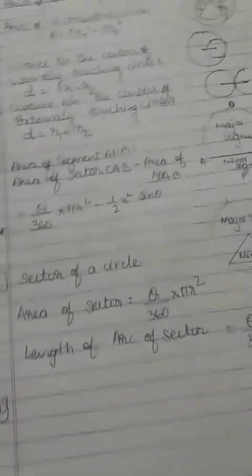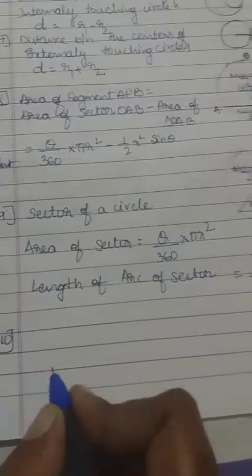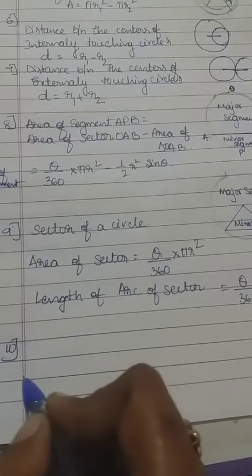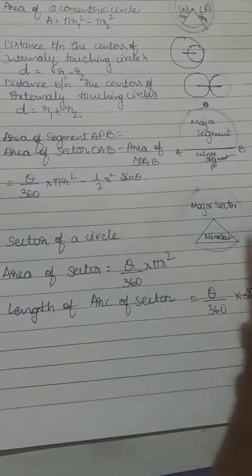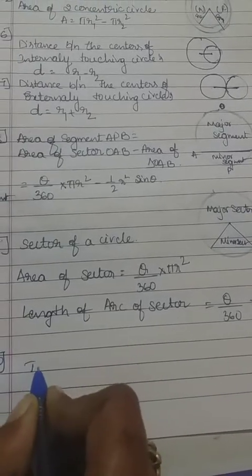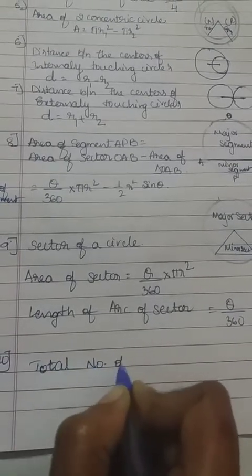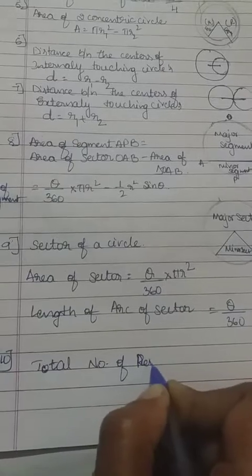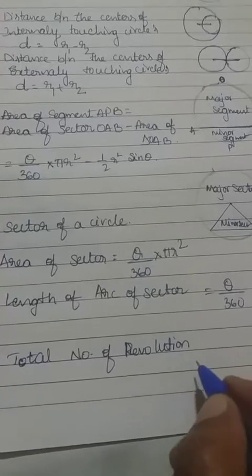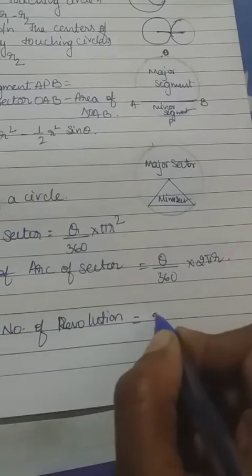The last one is the number of revolutions completed by a rotating wheel in 1 minute. Revolution means how many rounds a wheel or a circle makes, that is called a revolution. Total number of revolutions is equal to the distance moved in 1 minute